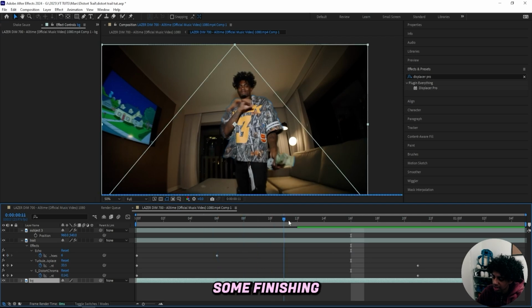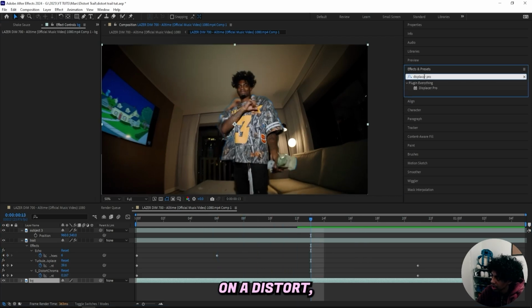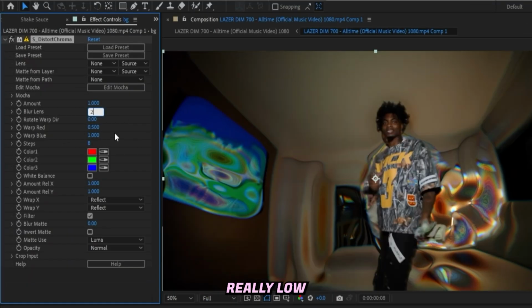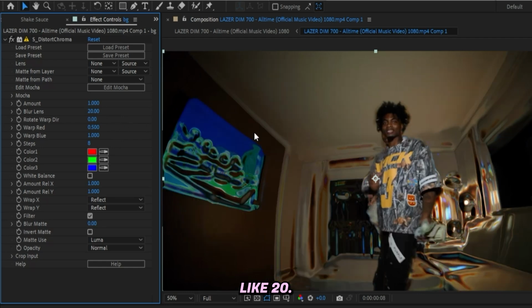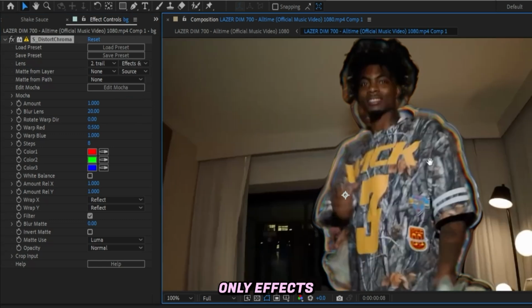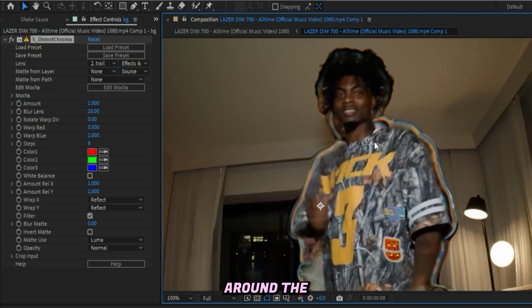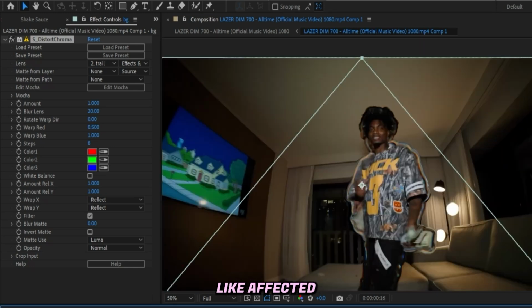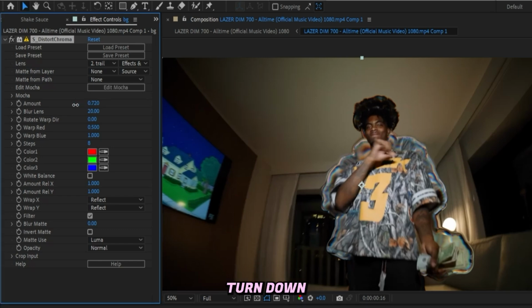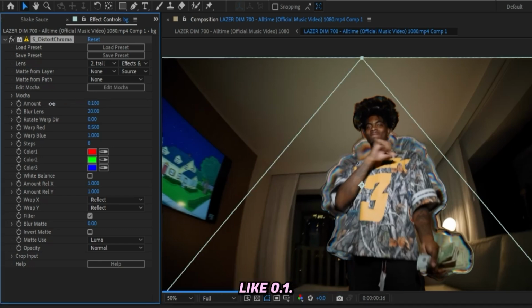Now if you want to add some finishing touches to the background, you could add on a distort chroma to the background as well, but we'll be using some different settings this time. Right off the jump it looks like this, so turn the blur lens to a really low number like 20, so you can see it's not as distorted. And then we'll change the lens to the trail layer, and then we'll select effects and masks. Now you can see that the distort chroma only affects the spots around the trail effect. That's the only place that gets affected by the distort chroma. So now you can see it's really distorted, so we'll turn down the amount to a really low number like